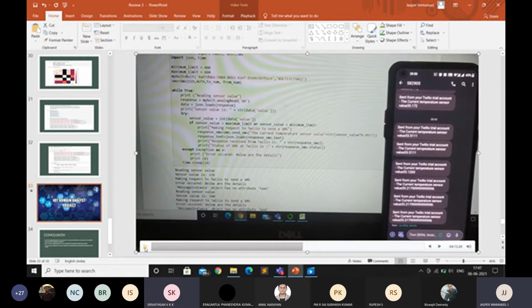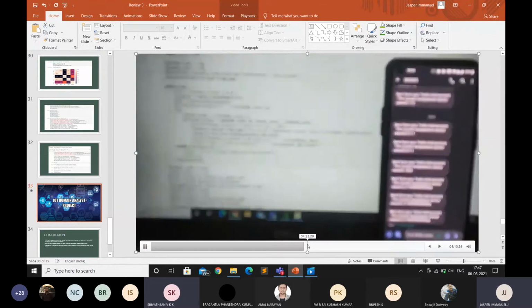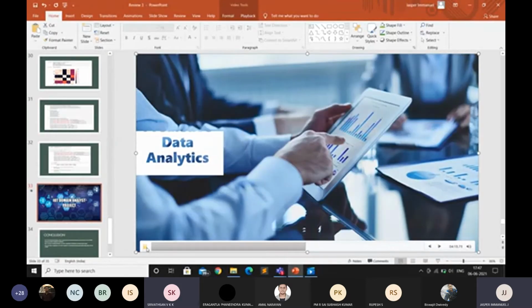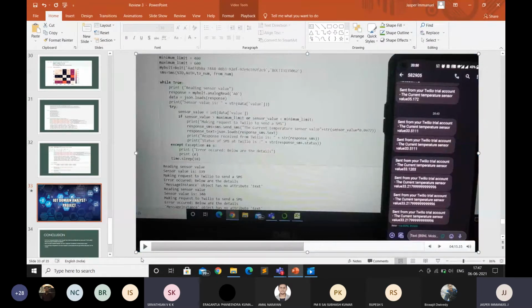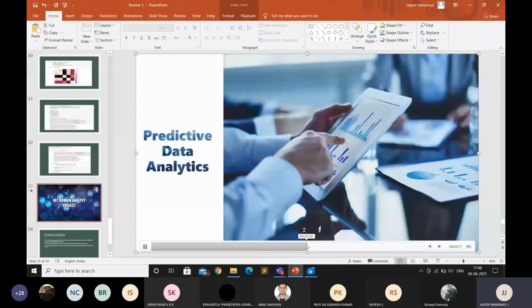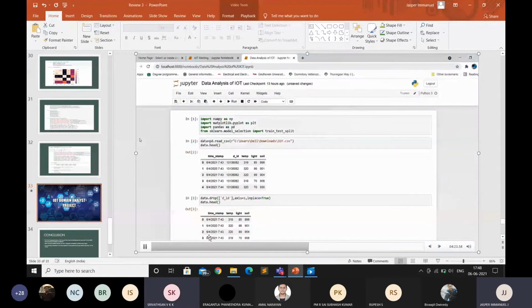So this is the part where we are using the user. I use the room temperature as a threshold because we can't get abnormal temperature to practice. So when there's a breach in the threshold, we can see the alerts being sent to the main user. So for the data analysis part, we have imported the data set from the Bolt cloud with the parameters temperature, light, and soil. The device ID is basically the ID of the Bolt, so we'll be eliminating it.